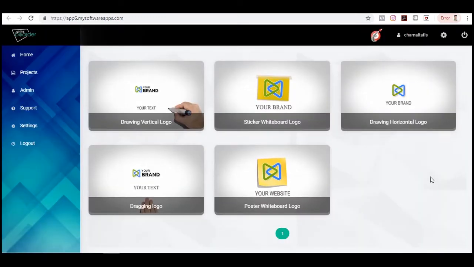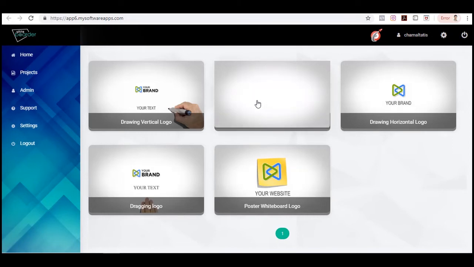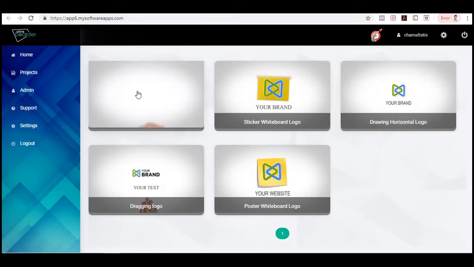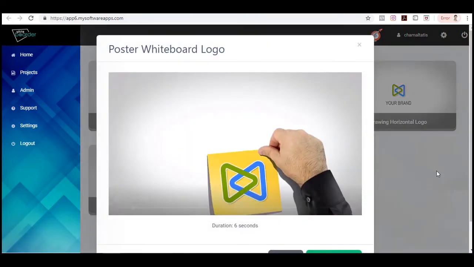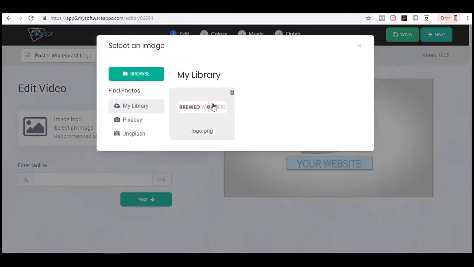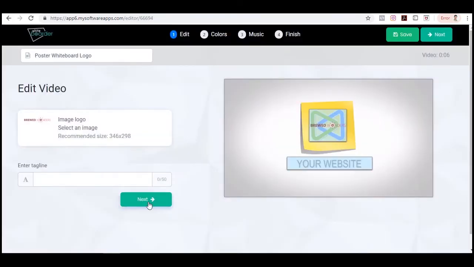Next one is the Whiteboarder. And at first I thought Whiteboarder is used to create whiteboard animations, just like the whiteboard animation softwares that we used in the past. But when I went here, I realized that you can simply use it to create whiteboard logo reveals, just like the templates that you can see here, which is also good as well, right? So for example, I want to use this template right here, create video, and again just choose my logo from here, click choose, add a tagline, click next,